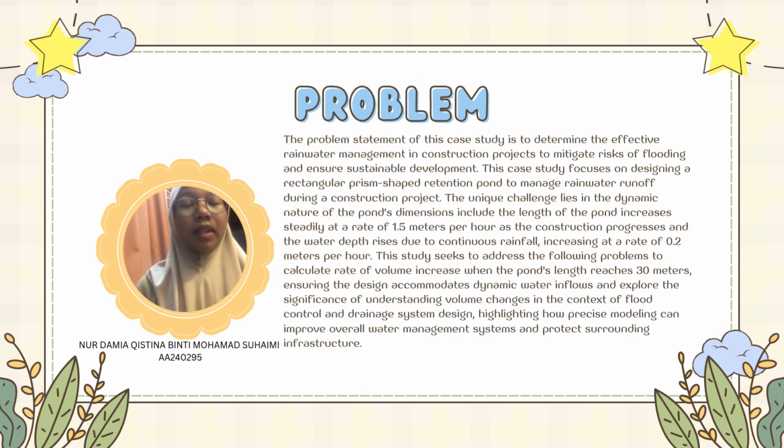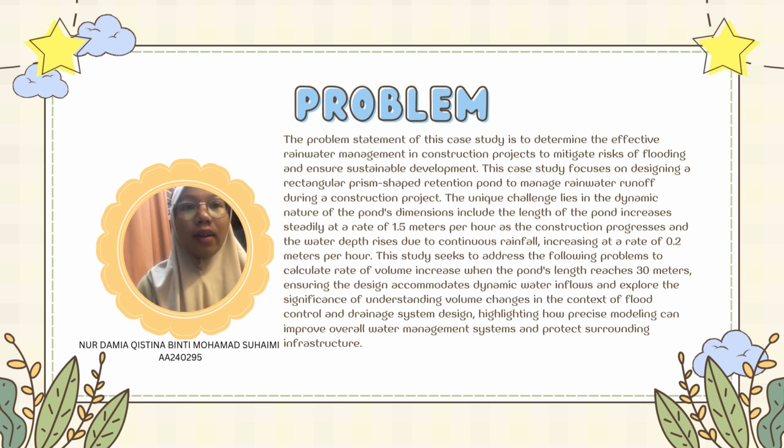The problem statement of this case study is to determine effective rainwater management in a construction project to mitigate the risk of flooding and ensure sustainable development. This case study focuses on designing a rectangular prism-shaped retention pond to manage rainwater runoff. The unique challenge of this case